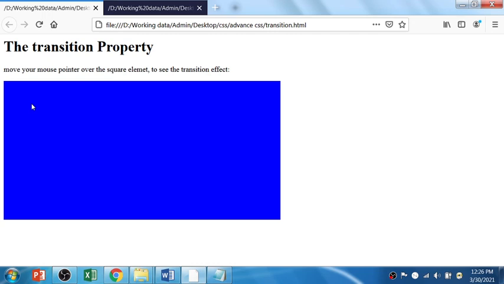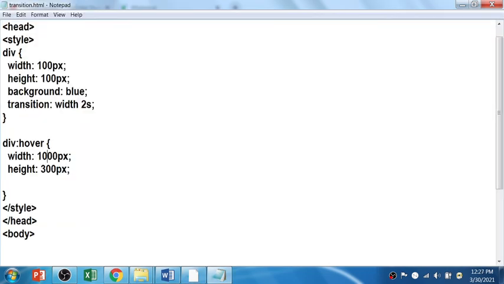So that effect, right, you can get within 2 seconds. So that is done with this. If I remove it, you will not get the effect, right? So instead of, let's say 600, if I make it 1000 pixels,